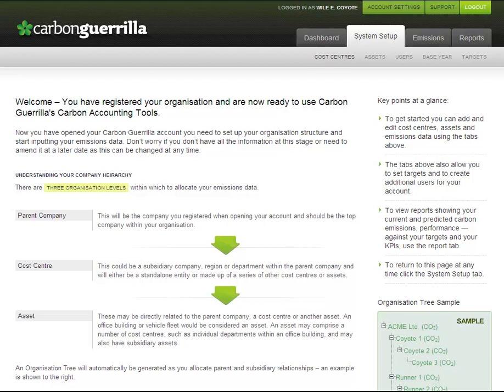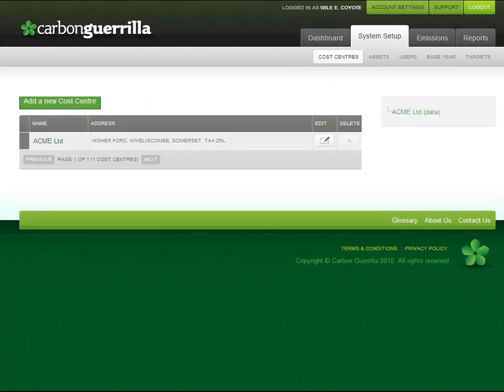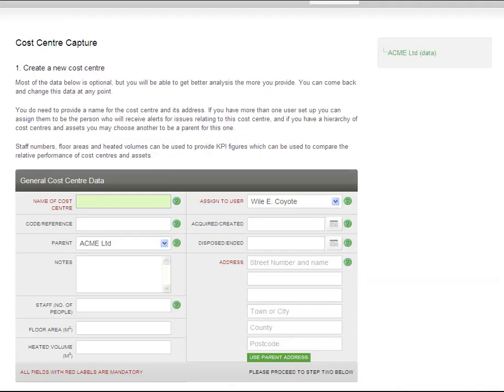To create a cost center, we need to click the Cost Centers button, which will take us to the Cost Center page. Your parent cost center has been created automatically from the details provided when you set up your account. If required, these details can be edited by clicking the Edit button. If we now click the Add a New Cost Center button, we will be taken to the Cost Center Capture